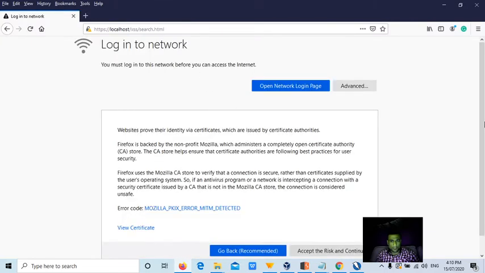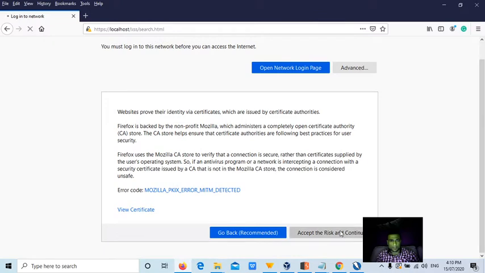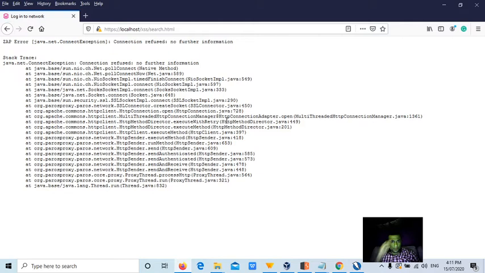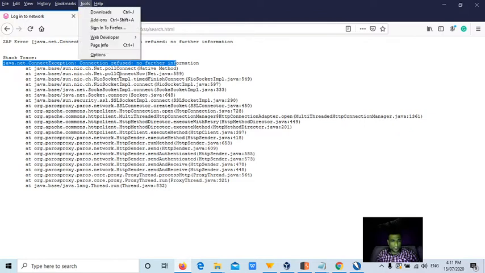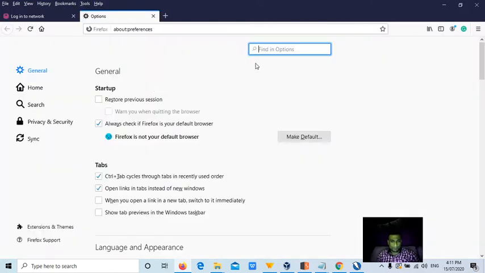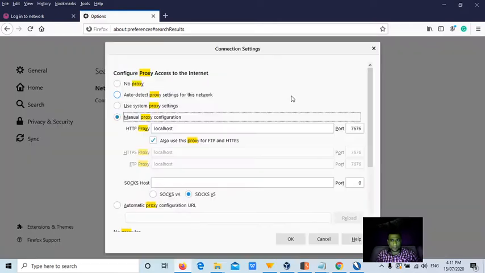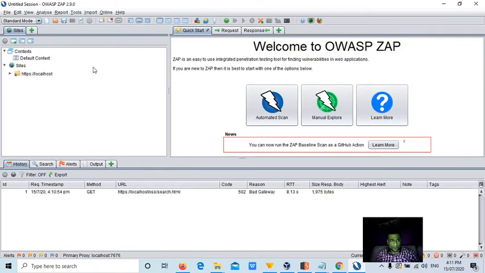What is this? Advanced? Oh sorry, advanced, accept risk and continue. Connection refused, no further connection. Shouldn't be the case. One second, proxy settings. 8099 itself, old port. Sometimes there could be port related issues.